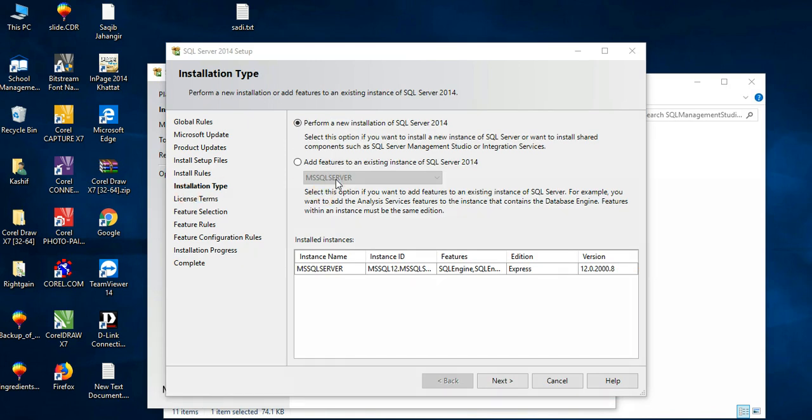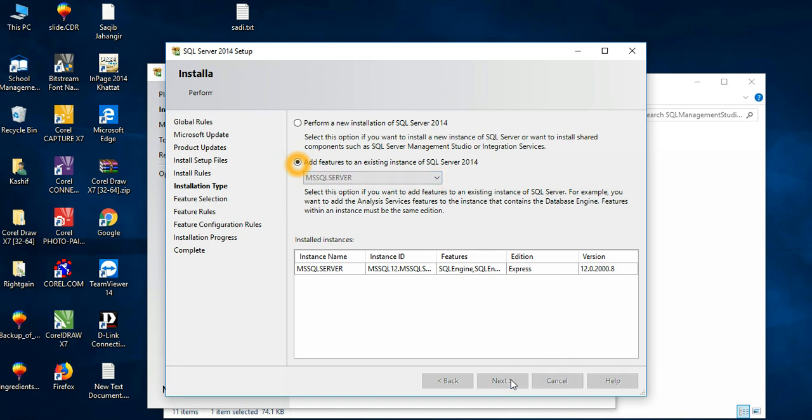Installation type, be careful over here. You have to select this option, MS SQL Server, because in SQL Server we have created default instance that was MS SQL Server. So now in Management Studio we also have to select the same one. Okay, and next.